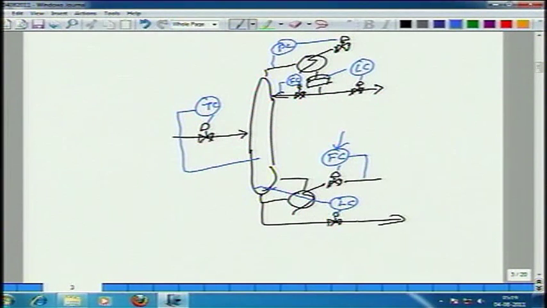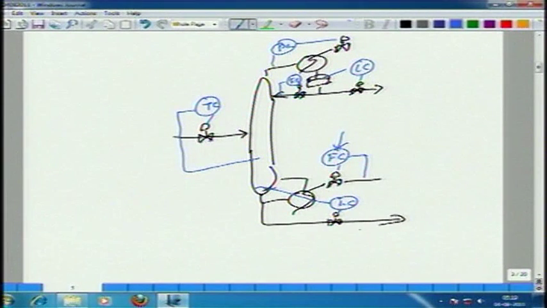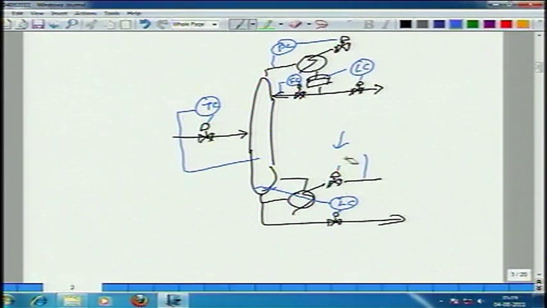Let us say this bottom stream is the product stream and there is a customer who says give me more, give me less immediately. What would I do in that case? What I would do in that case is, this is under flow control. The set point for this is coming from the product customer demand. This is under temperature control,